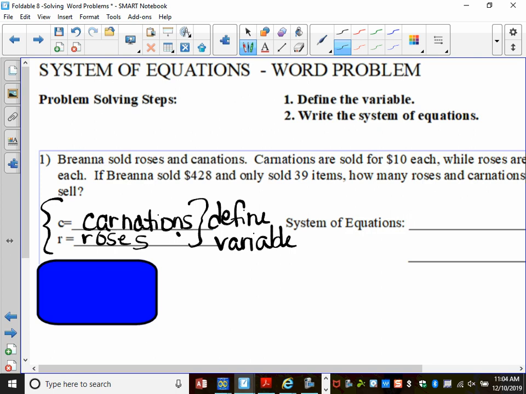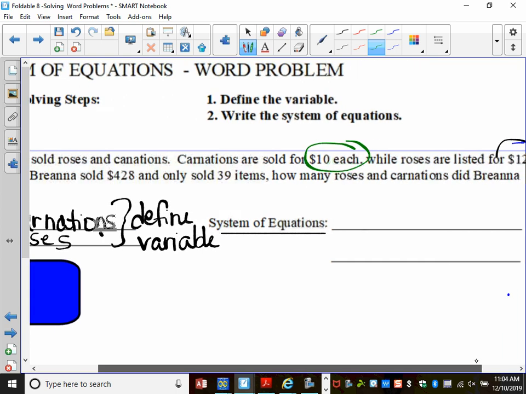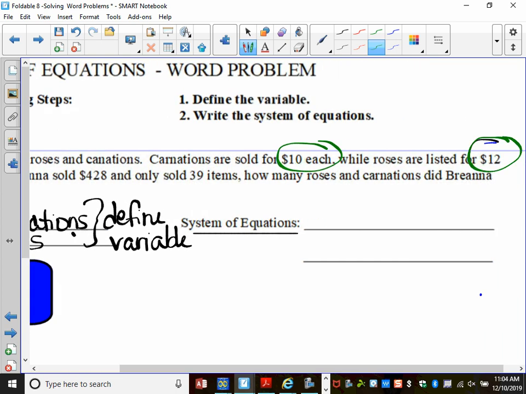Okay. Then I'll say write your system of equations. That means write your two equations from the word problem. And then the third step, of course, would be to solve it, because today we're going to actually solve. So it says Brianna sold roses and carnations. So those are your two things. Carnations are sold for, and I'm going to underline some important things, $10 each. Roses are $12 each. And she sold a total of